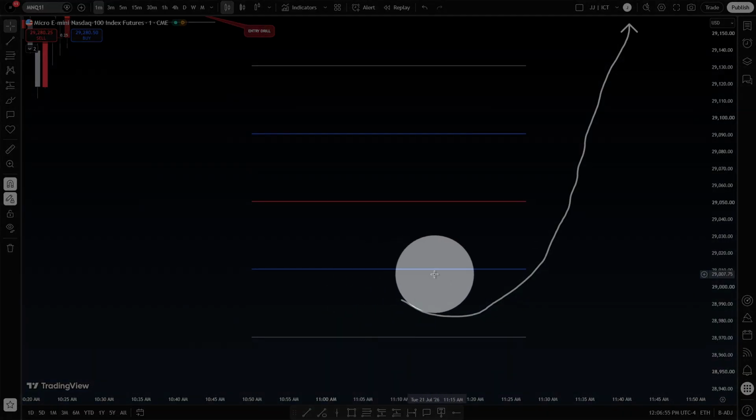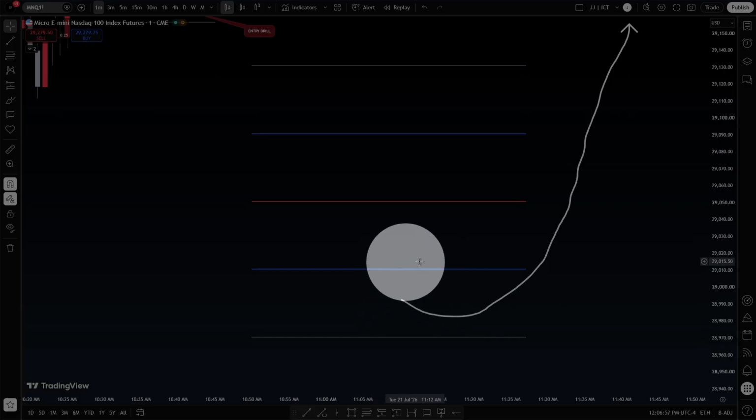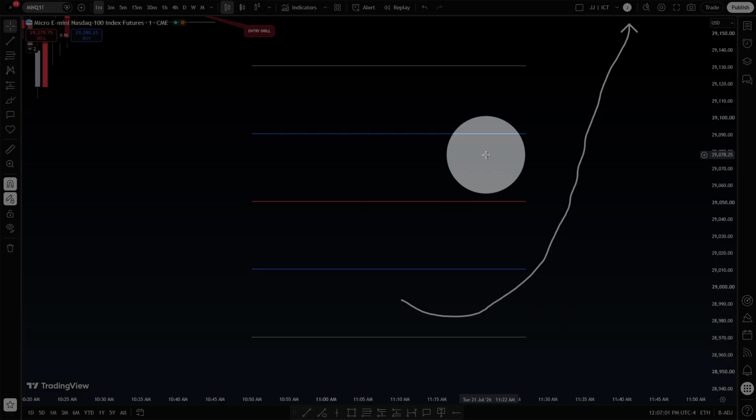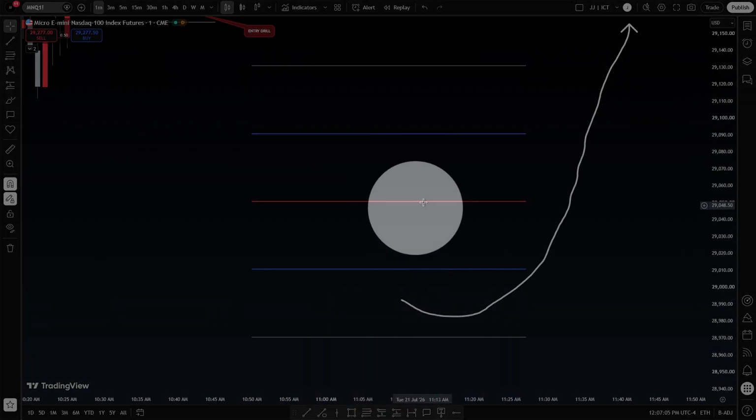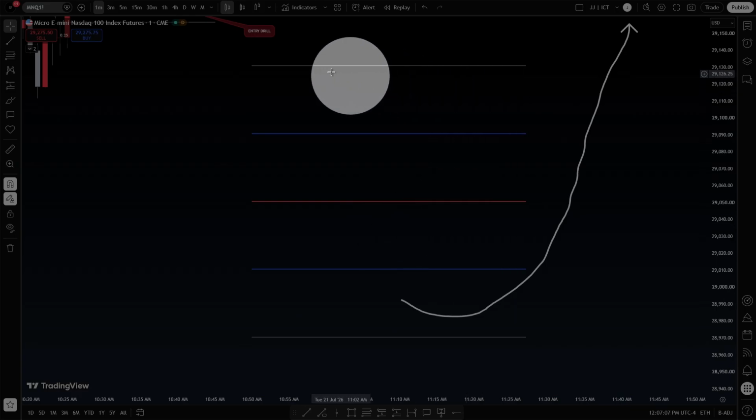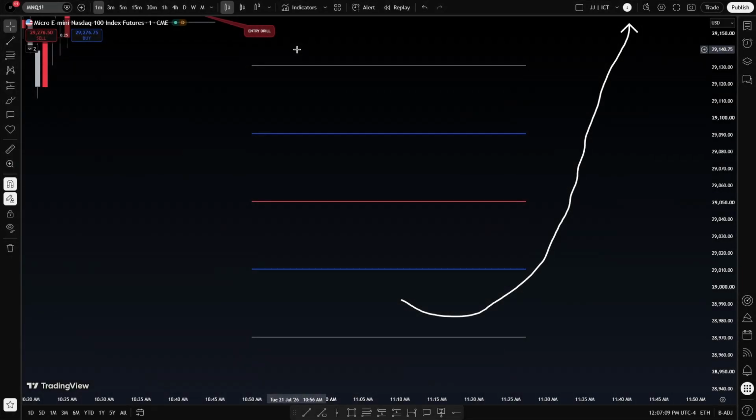You would normally see the first quadrant get accumulated around to offer positions, of course. The equilibrium will get run through beautifully with displacement, and then the second quadrant will continue that delivery and get run through beautifully all the way up to your target. Okay, that's just a super typical situation that should normally happen if you have that high probability, smooth, aggressive